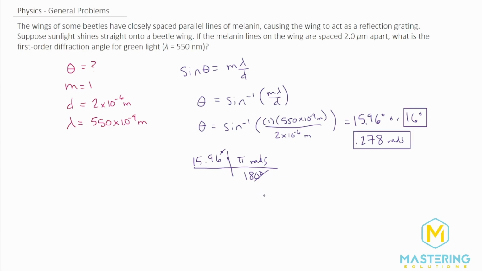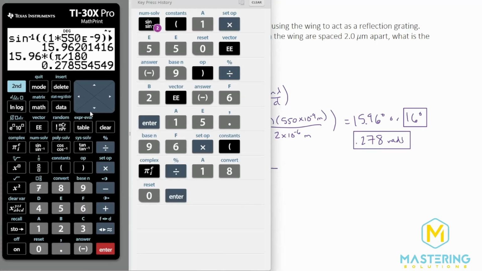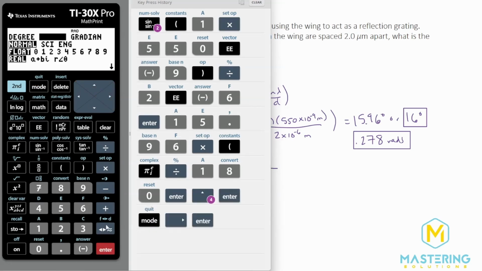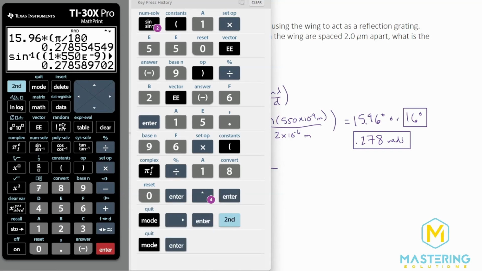Now, if you forget how to do that on a test, there are a couple of ways you can do it in the calculator. One, let's take our question up here and just change it to radian mode. So that gives us 0.2785. I guess we could have rounded that to 0.279.